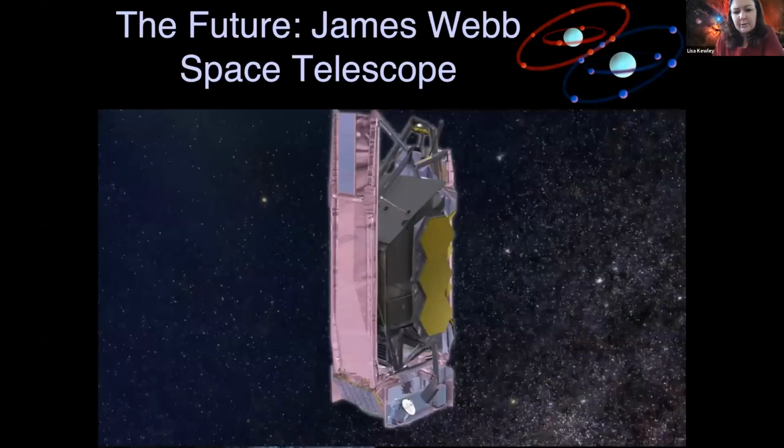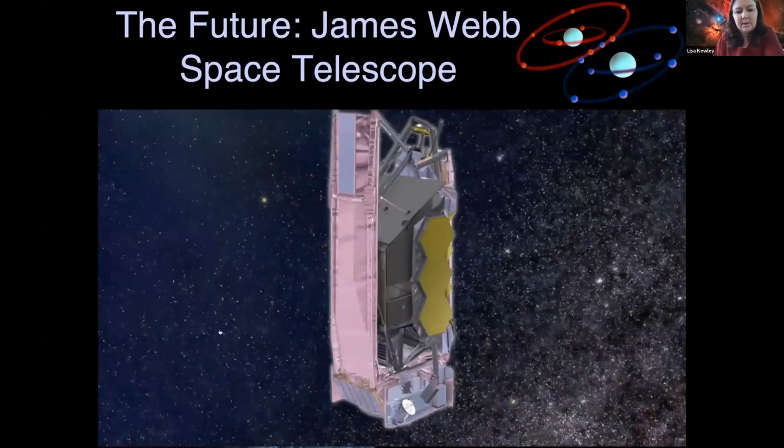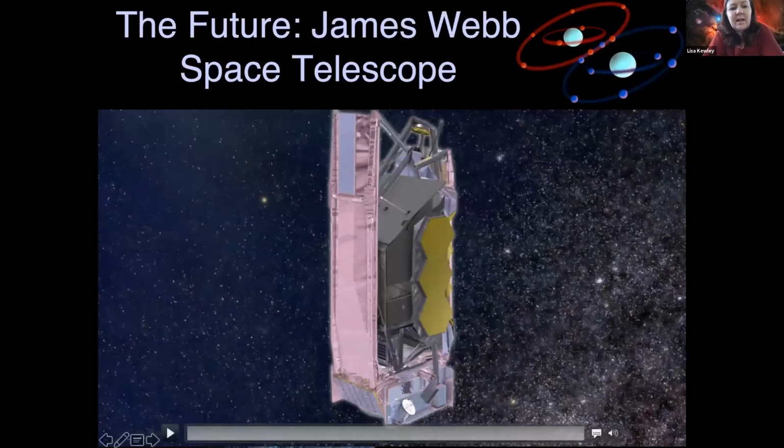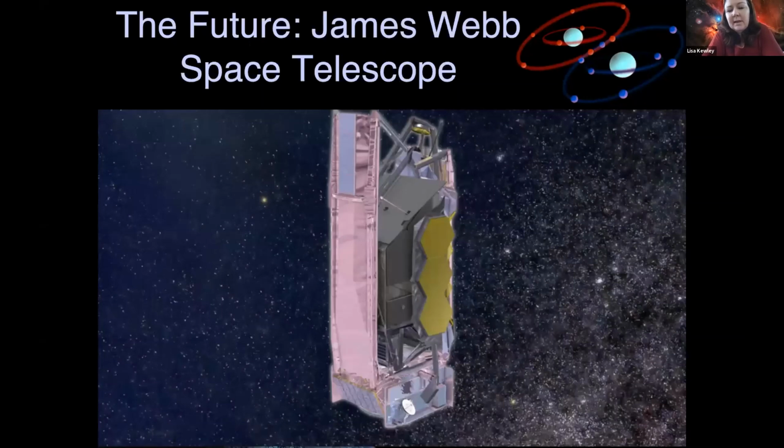Now I'm going to show you a movie of the next generation Hubble Space Telescope, and this space telescope is going to be called the James Webb Space Telescope. And this telescope's due to go up next year. You'll be able to watch the launch online, and it'll probably be on TV as well. And this space telescope aims to look at the first stars and the very first galaxies in the universe.